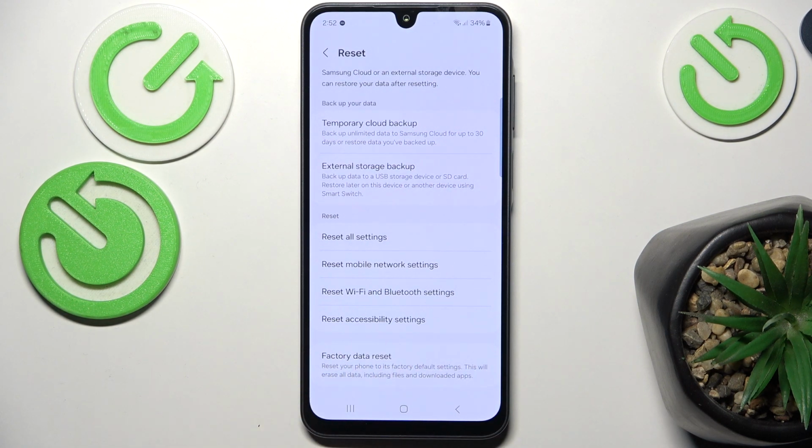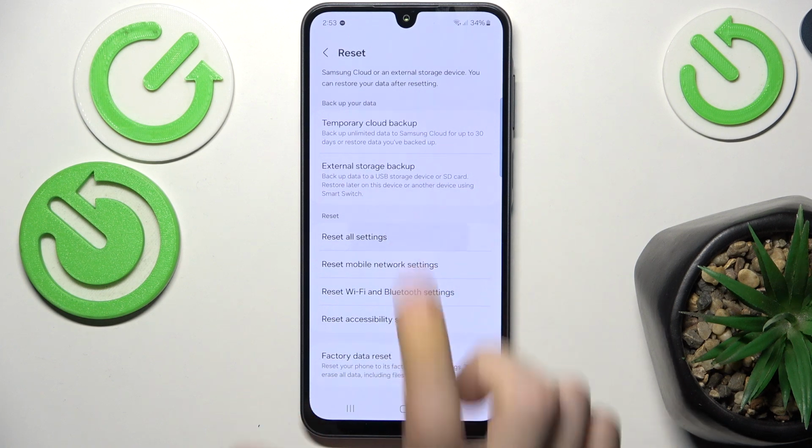Factory data reset will reset your whole phone, deleting all the data, all the accounts, contacts, apps, files, anything that's on your phone, and will bring it to the factory state so you can set it up as new and all of that. But in case you want to reset all settings, because you're not selling the phone, but for example, you've changed too much in settings and something doesn't work, something's not right, you can just click on reset